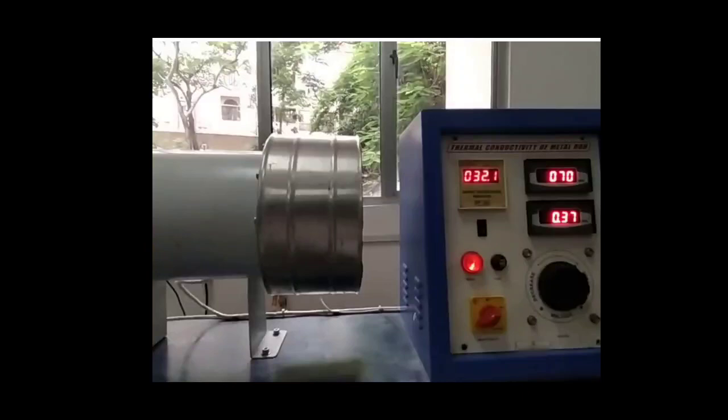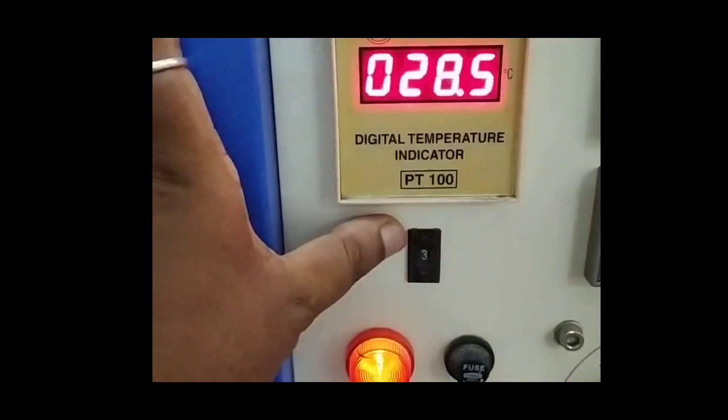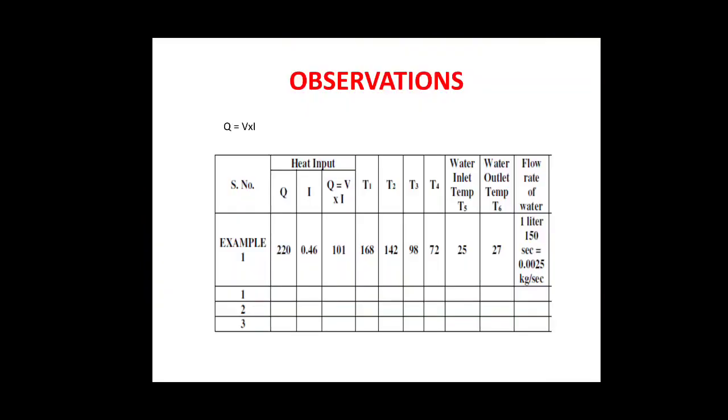Then we have to take down the readings of temperature. You can see here this is the temperature indicator. For different thermocouple temperature readings, you have to push this small button that you can see here, and we will get the temperature reading of different thermocouples. Like here, if we push it again, we will get another reading. After that, we have to take consecutive readings after 10 minutes or so, until a point where there is no difference between two consecutive readings, which means steady state condition is reached.